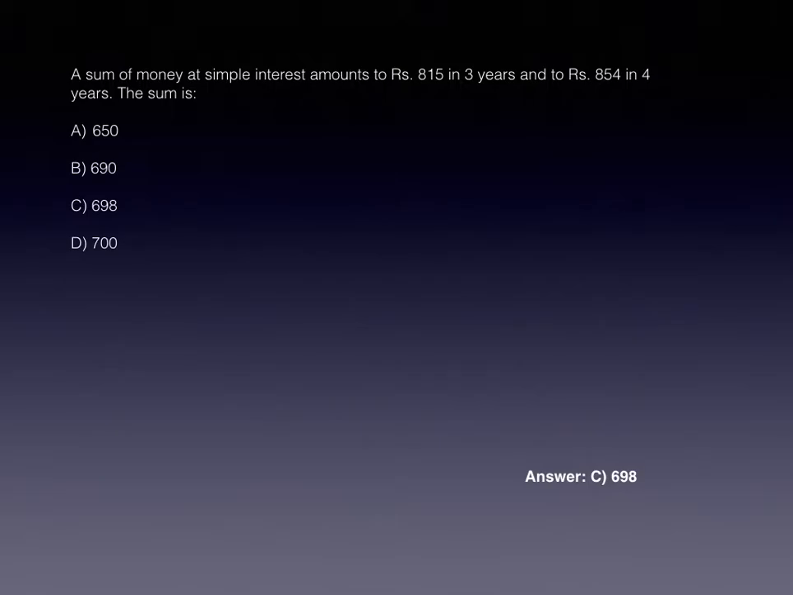The second question. A sum of money at simple interest amounts to 815 in 3 years and to 854 in 4 years. The sum is option A 650, option B 690, option C 698, option D 700. A sum of money at simple interest amounts to rupees 815 in 3 years and rupees 854 in 4 years. The sum is